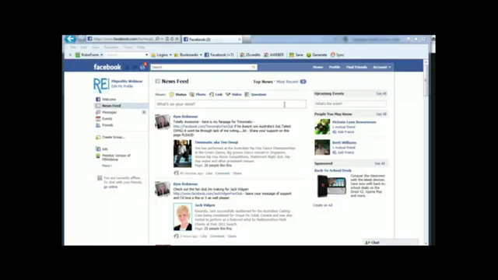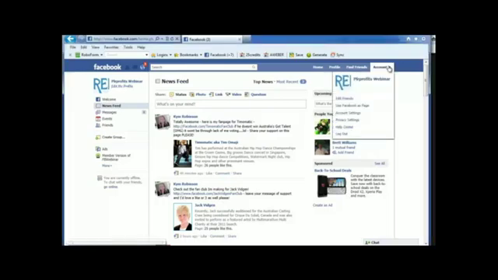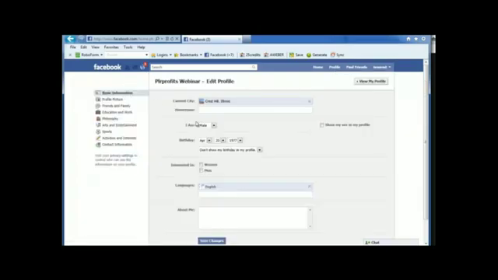When you log into Facebook, the main thing is, if you're making a new page, new profile, your profile should be a person. It shouldn't be a business or a niche topic. The profile that you create when you join Facebook, most of the time it's going to be your own personal profile, and then your fan pages are going to be linked to your profile. But if you make a new one, for niche marketing or whatever, make sure your actual profile is a person. And in this case, I put that I'm a male,